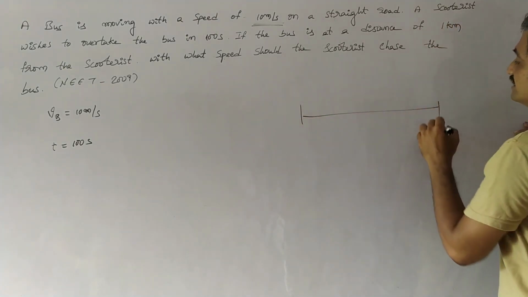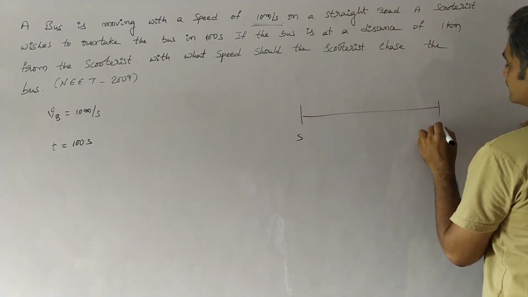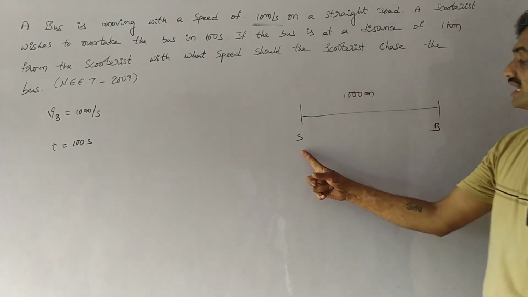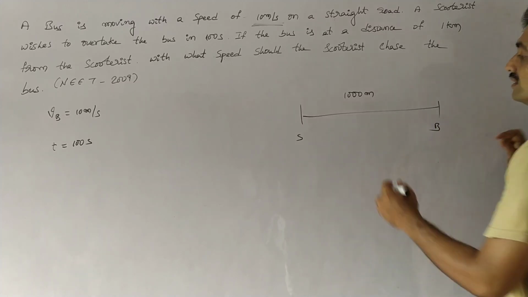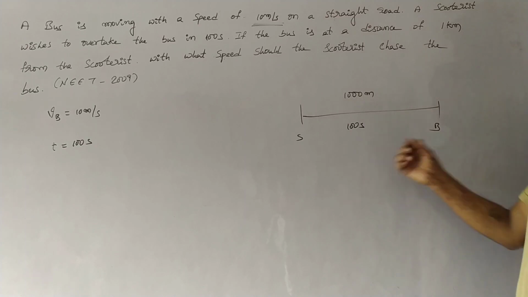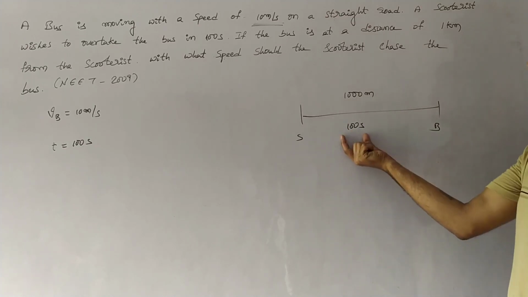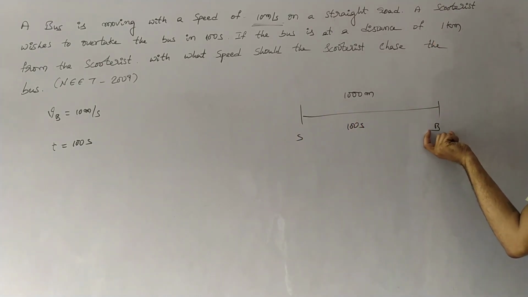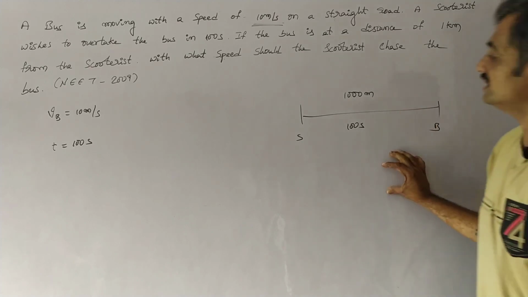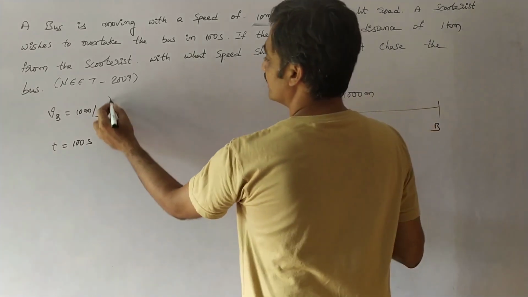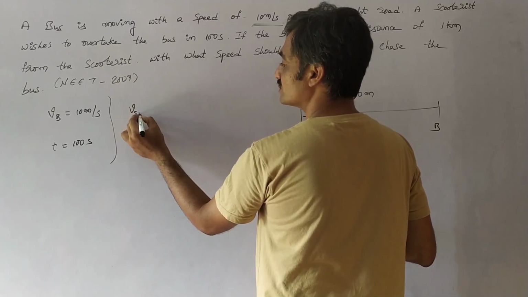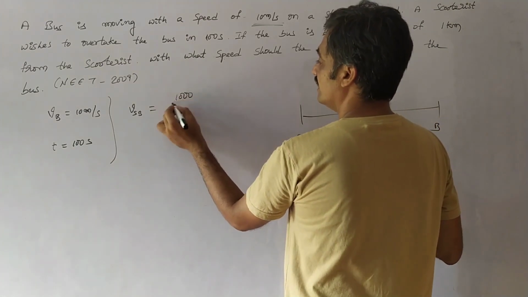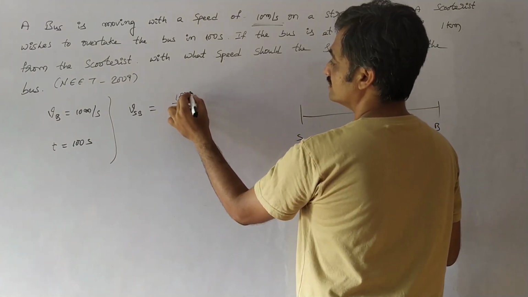Observe that the distance between the scooterist and the bus is 1 kilometer, nothing but 1000 meters. So now the scooterist has to chase the bus within a time of 100 seconds. So he has to touch the bus or cross the bus within this time. Now with what speed the scooterist has to travel so that he can chase this bus, we have to find this. In order to find this, let us find the relative velocity. The relative velocity, that is the velocity of the scooter with respect to the bus, is equal to distance 1000 meters by time 100 seconds. So here 2 zeros get cancelled.